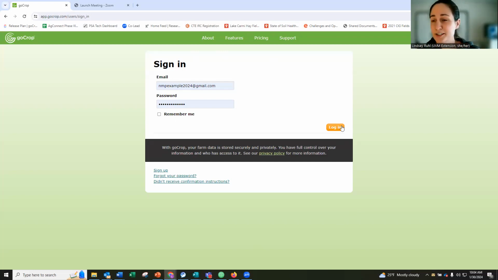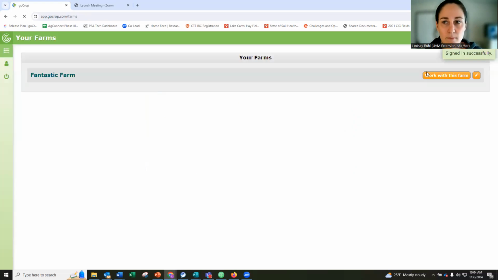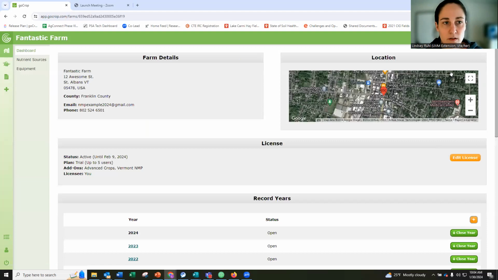So just like when creating a plan, you update a plan, anything you do in goCrop, you have to log into your account. So click login. And with this farm. Just to double check folks and see that I'm on the dashboard, right? Okay, perfect. Thank you. So today I'm going to start with